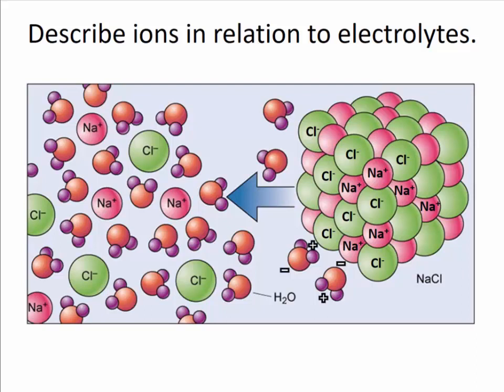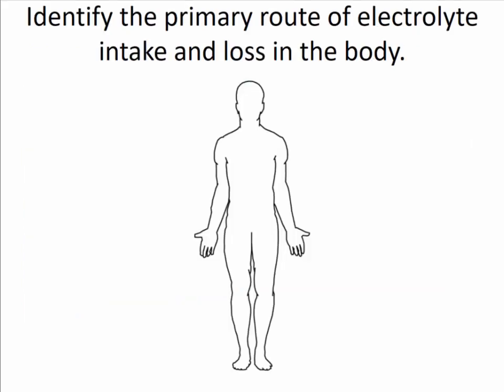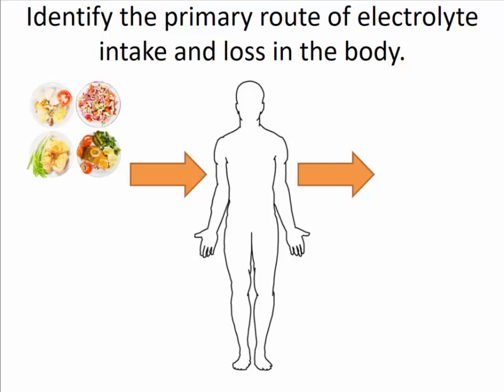Now that we've described ions in relation to electrolytes and made a connection between the terminology there, we can identify the primary route of electrolyte intake and loss in the body, just like we did for water. Just like for water, there's intake, how we get it into the body, and loss, how electrolytes get out of the body. The major sources of intake in the body are from the food that we eat, from water,